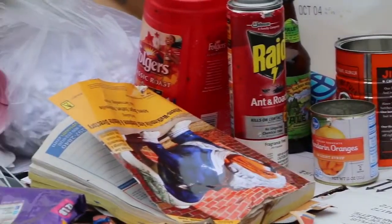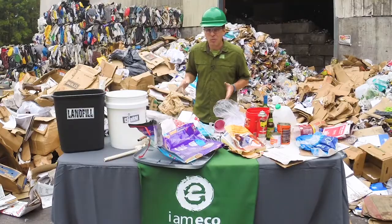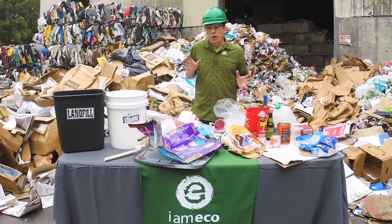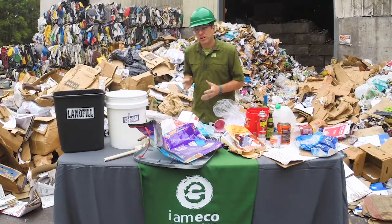I have here on the table in front of me items from the pile behind me. They don't all belong here. So I want to do a quick sort to show you what can and can't be recycled here in Athens-Clarke